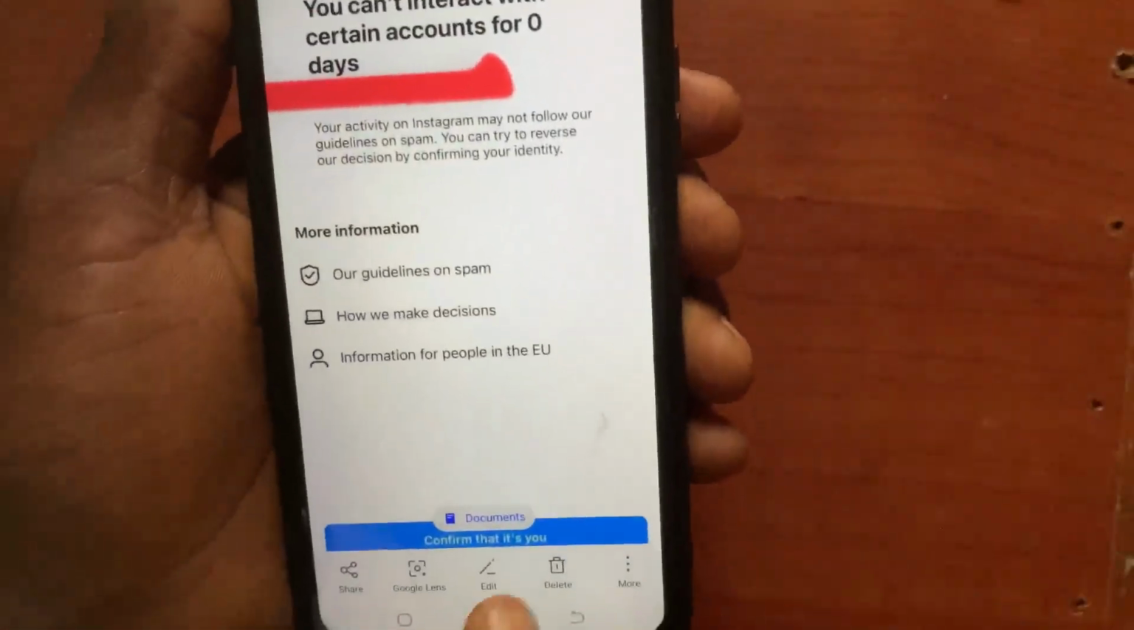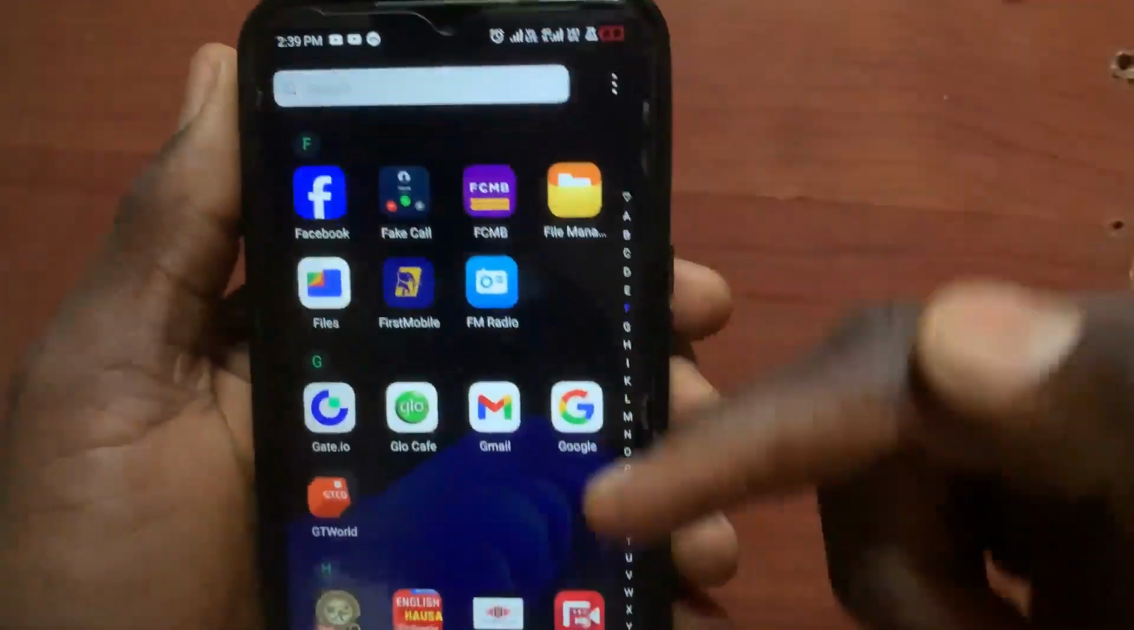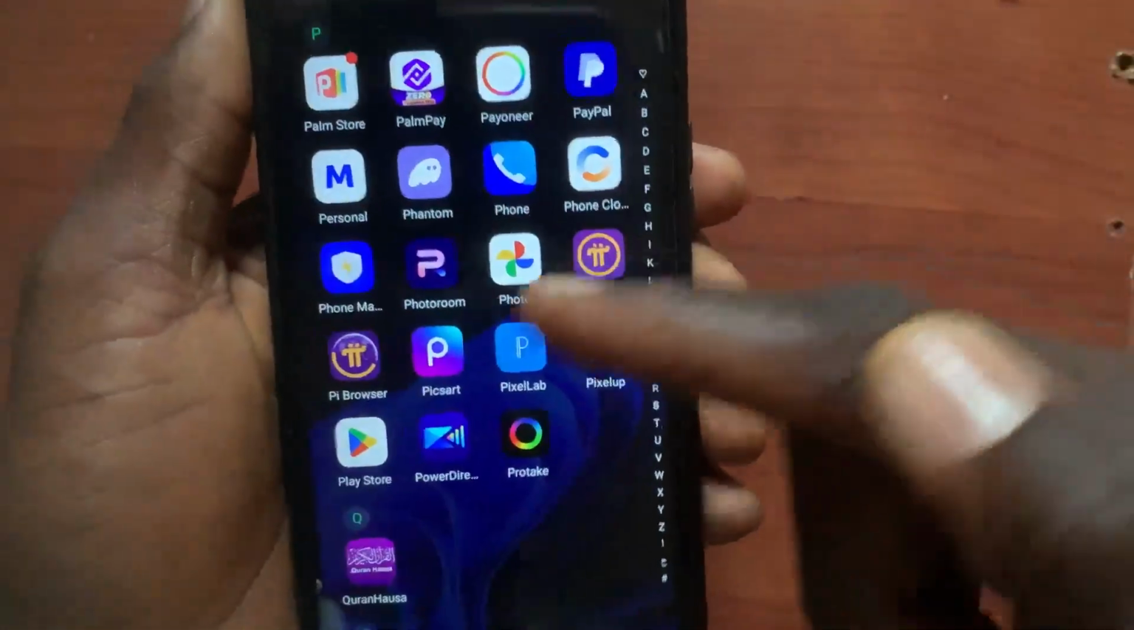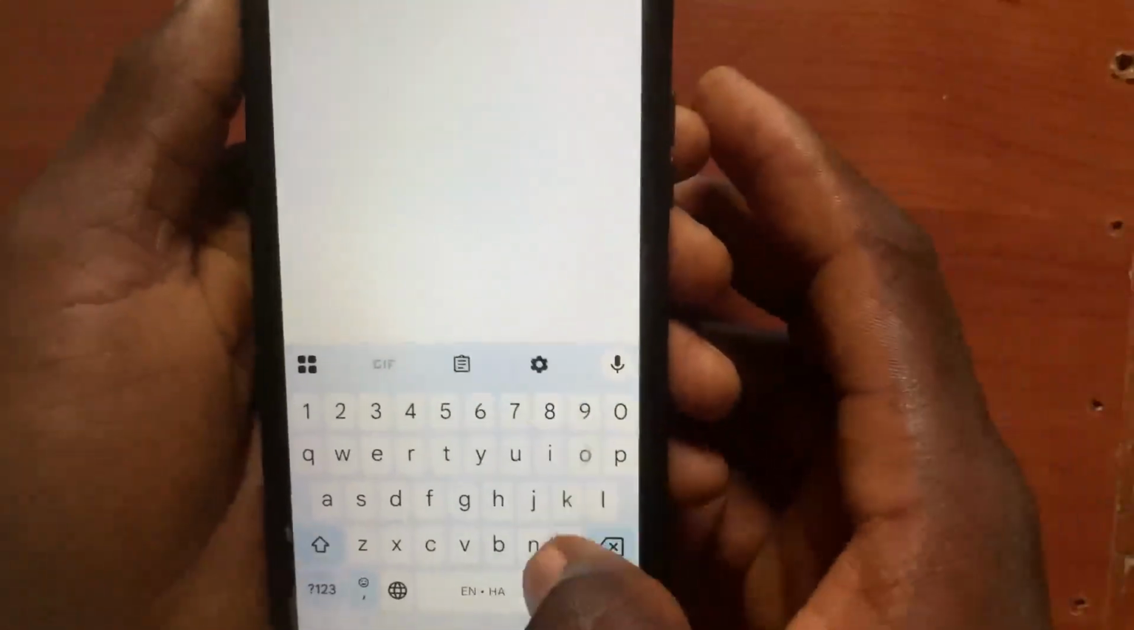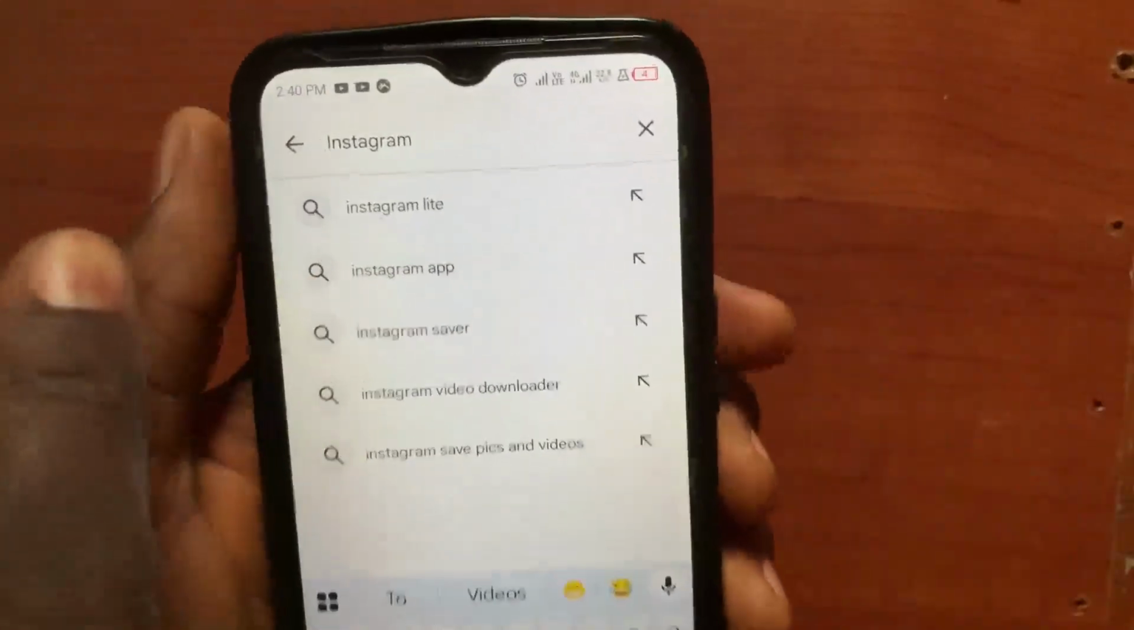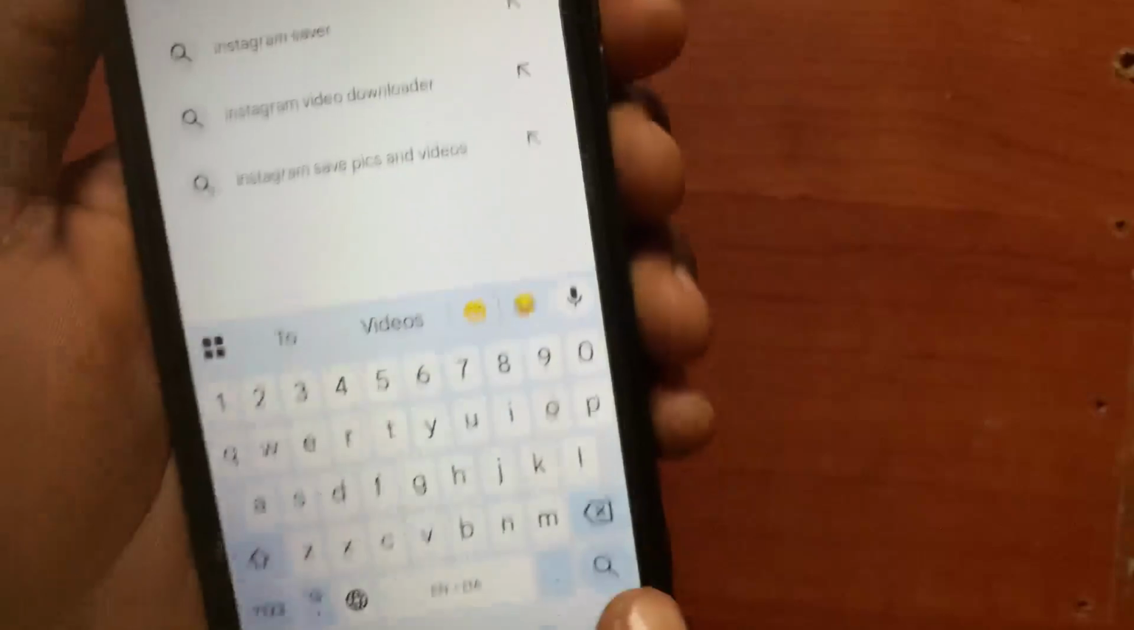So the first one, all you have to do now, close your Instagram. After you close the Instagram, now go to your Play Store or App Store and start by updating your application. So I'll go ahead now and search for Instagram on my Play Store. Just go and search for Instagram on Play Store or App Store. Just search for Instagram like this